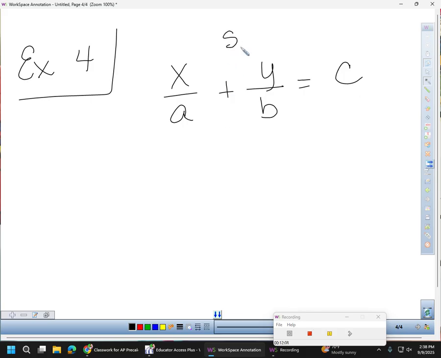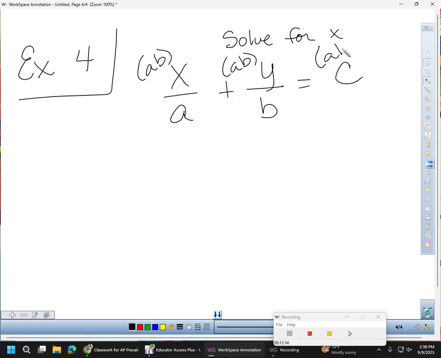I want to solve for x. So step 1, there's no parentheses. Step 2, clear the fraction. Do we have a fraction? When we clear the fraction, we multiply by the common denominator, which is AB. Very good. So we're going to times each thing by AB,